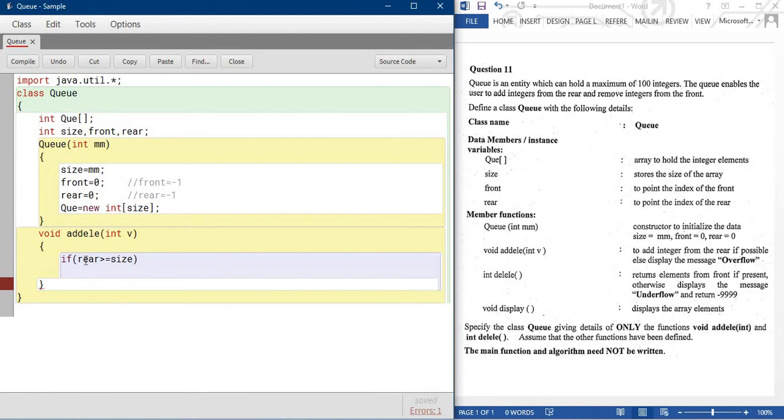So we are giving a message, system.out.print overflow. Overflow. Okay. Otherwise, you can enter a value.